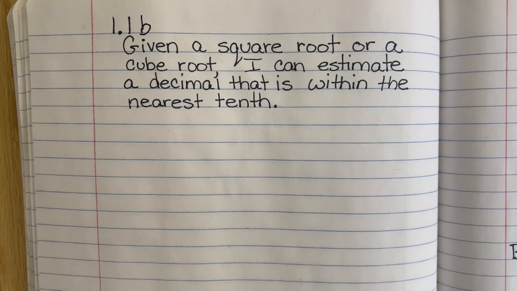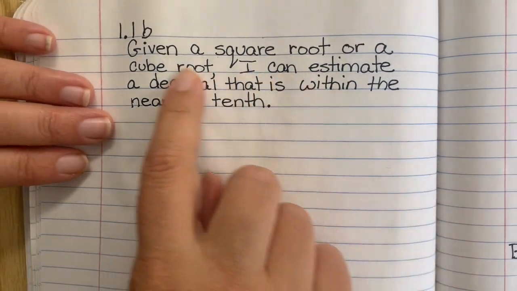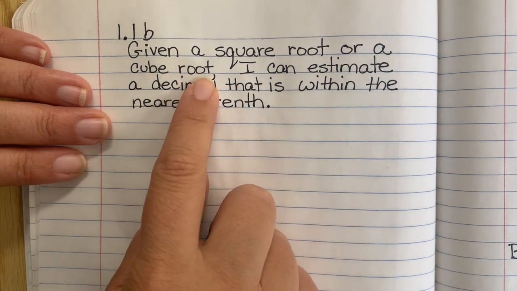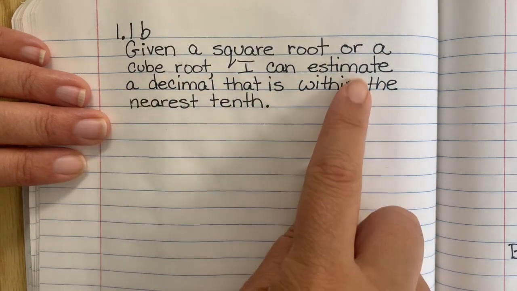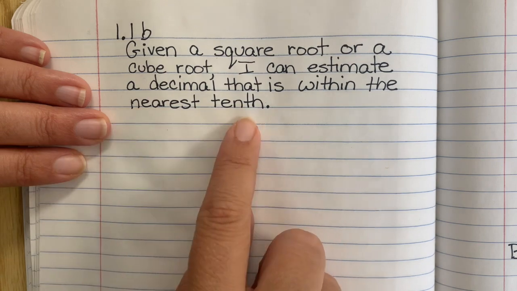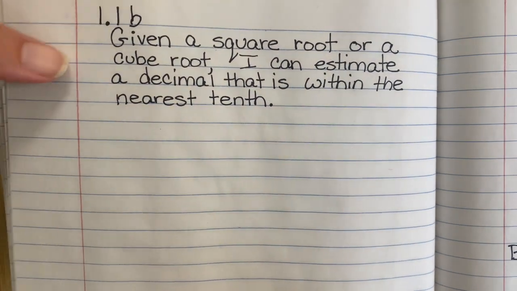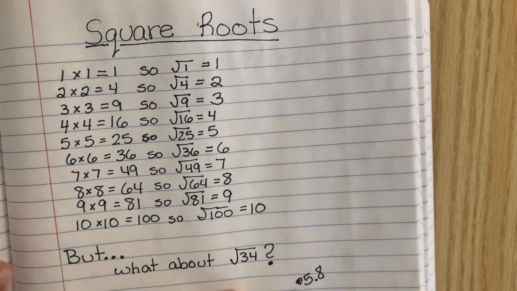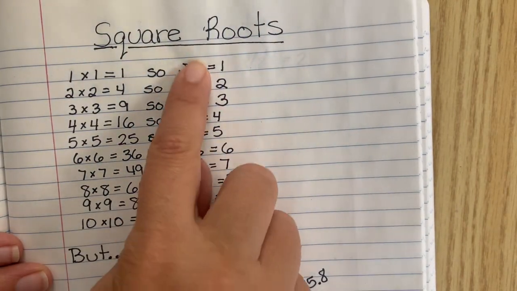Today's lesson is on estimating square roots. Our objective is, given a square root or a cube root, I can estimate a decimal that is within the nearest tenth. So first let's review what square roots are, and you should write this down in your notes, specifically